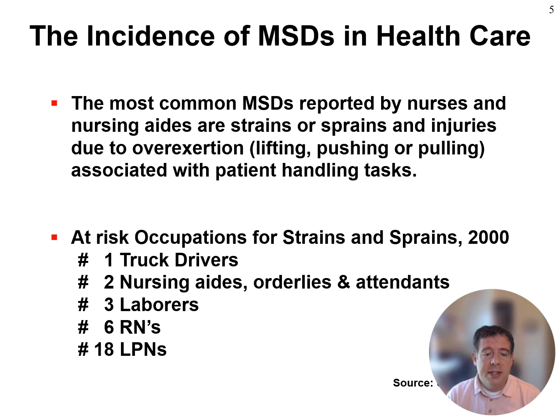Then we have the other sectors. So we already talked about nursing aides and RNs. We especially talk about it because this is a pretty big sector and they have lots of musculoskeletal disorders. So number three, general labor. Number 18, LPNs. So that would be that associate level of the nursing.